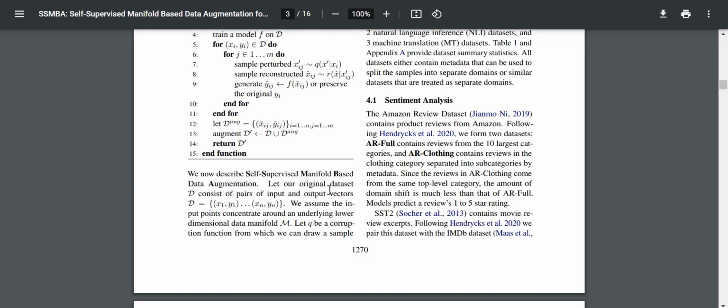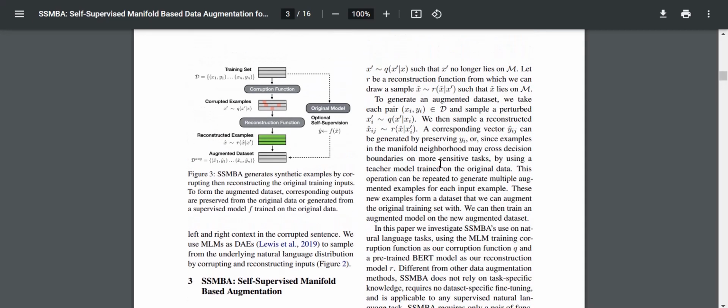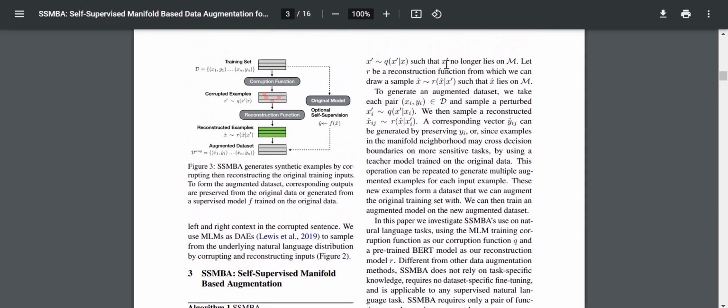Let our original dataset D consist of pairs. We assume the input points concentrate around an underlying lower dimensional data manifold. Let Q be a corruption function from which we can draw a sample such that X bar no longer lies on the manifold. Let R be the reconstruction function such that X hat lies on the manifold. To generate an augmented dataset, for each pair you generate a perturbed example, then you reconstruct it, and a corresponding vector y hat can be